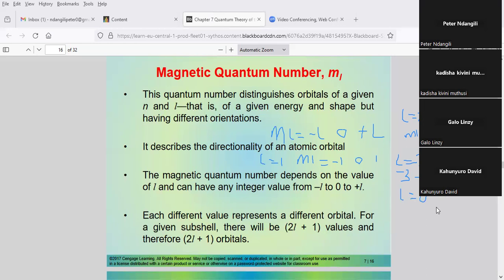The only value of ML is 0. The only ML value there is going to be 0. Now, if you examine this again, you realize that when L is equal to 1, we will have 3 ML values. When L is equal to 2, we will have 5 ML values. When L is equal to 3, we will have 7 ML values. What does it therefore mean? It means that,